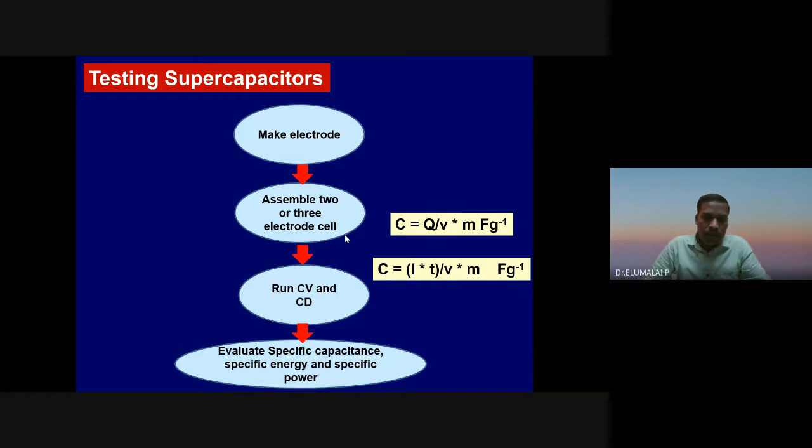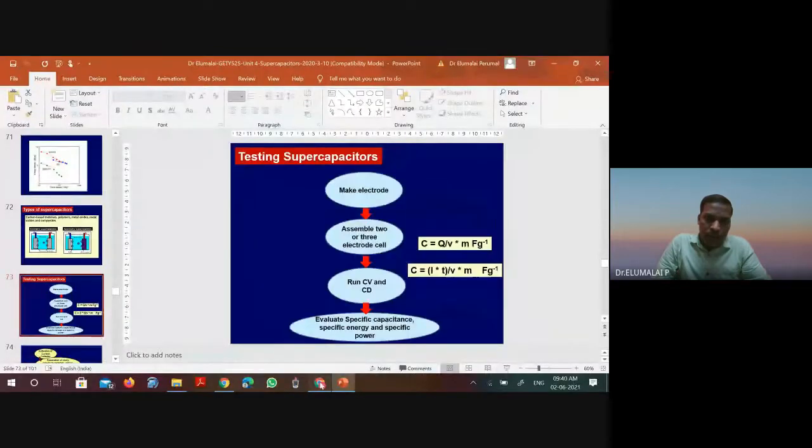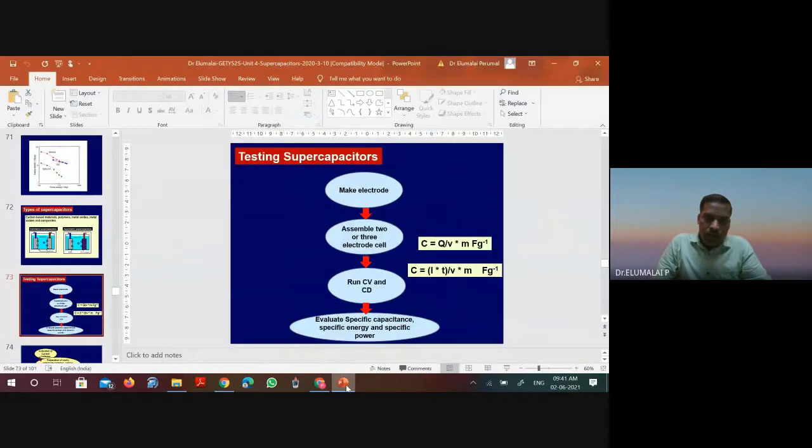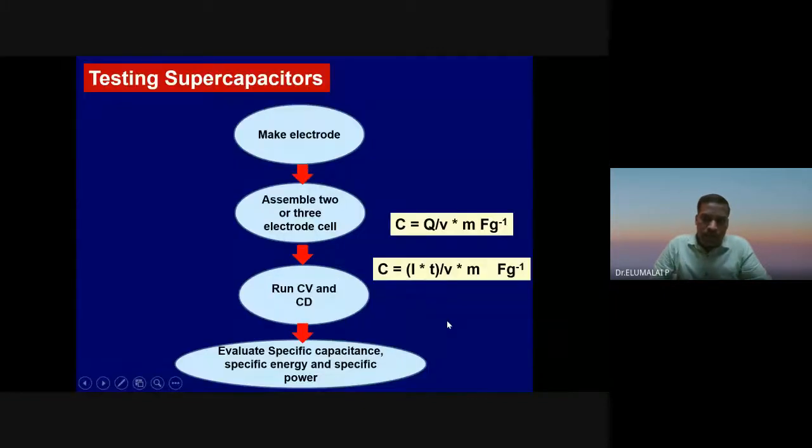And if the electrode materials are not so conducting, for example, most of the transition metal oxides are semiconducting, they are not like metallic. Mostly they are semiconducting, sometimes insulating. So to make it conducting, you have to add some conducting particles, preferably graphite, or what we call super P carbon, or acetylene black, AB.